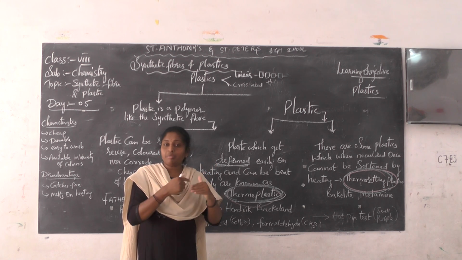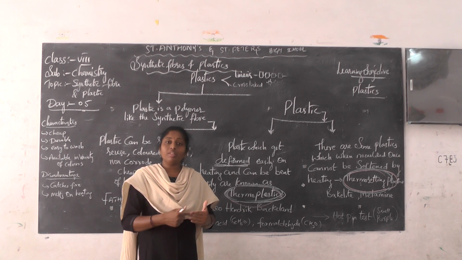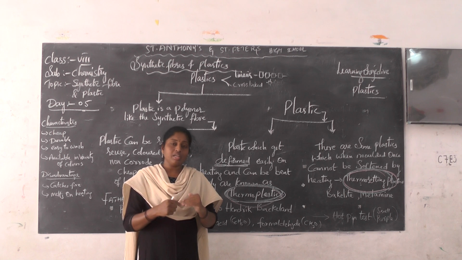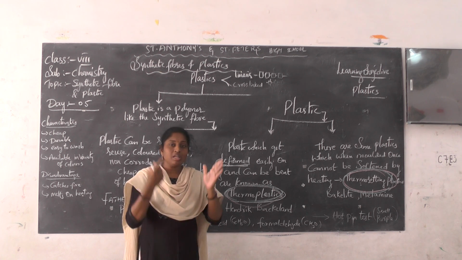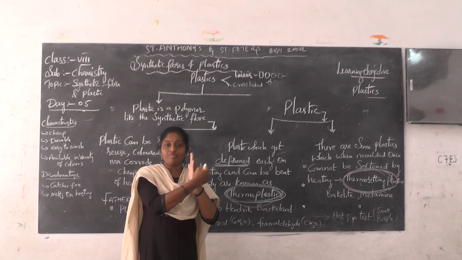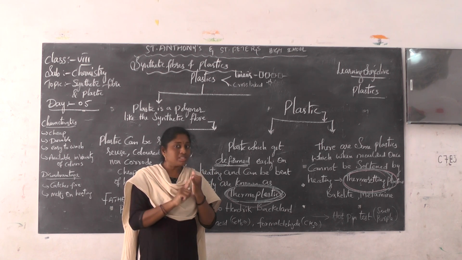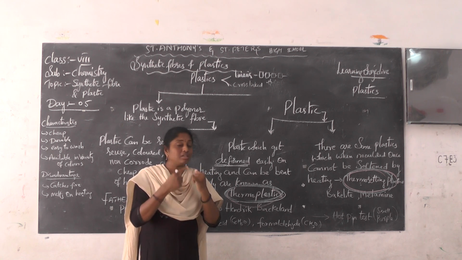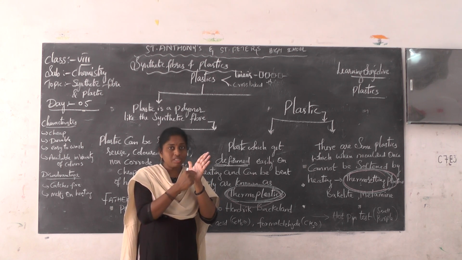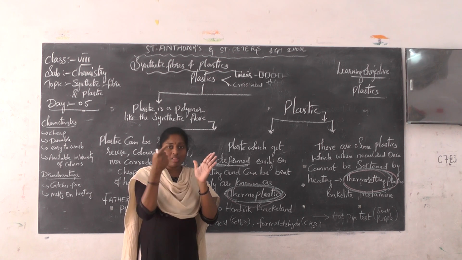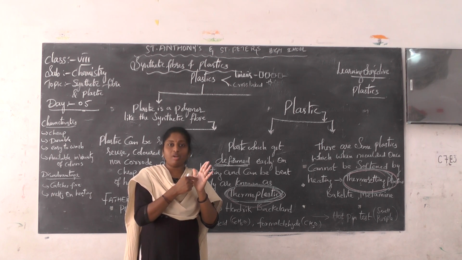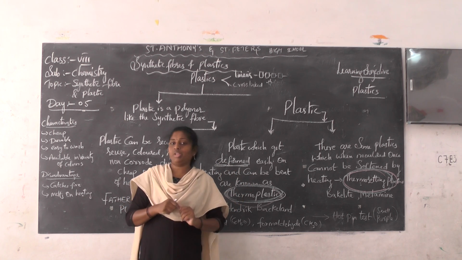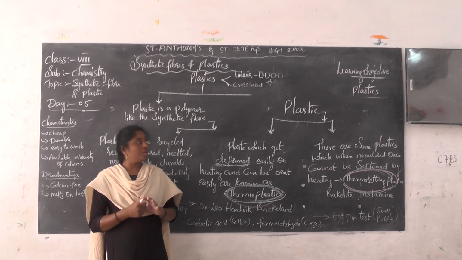By this explanation you can understand thermosetting plastic. So what is this test called? Hot pin test. In this hot pin test, what do you observe? First point, the hot pin is not penetrating to the other side. What is the second point? You observe that an acid smell is coming out. Next, third point, the place where you put the pin changes into purple color. So these are the three things we observe when we do the hot pin test. Okay, so this is about today's section.